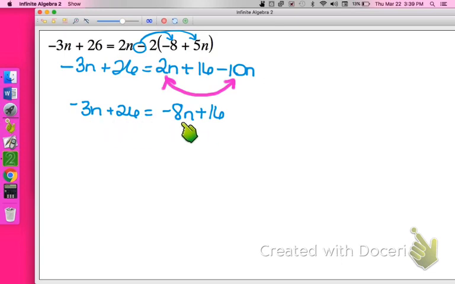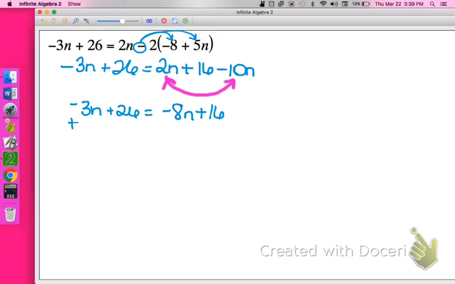It doesn't matter where you start here. It doesn't matter if you put the 26 and the 16 on one side or the 3n and the 8n on one side. But here's a hint. Look for high negatives. And usually high negatives, or any negatives for that fact, will help you get things